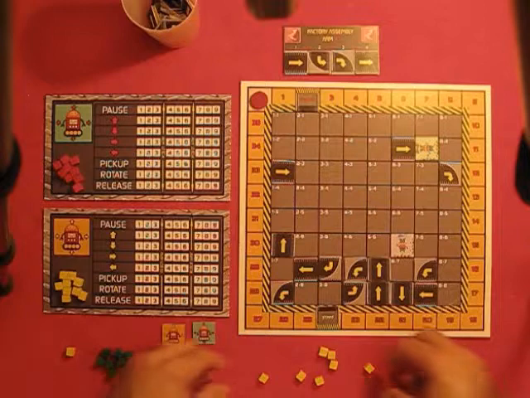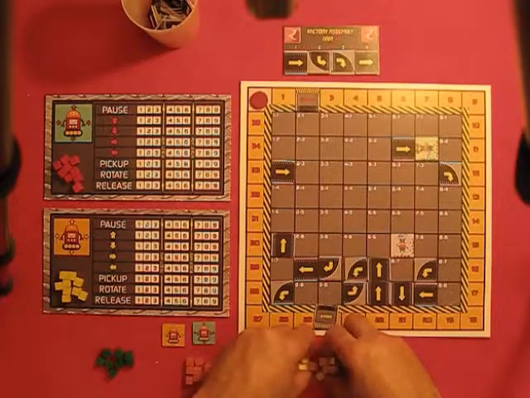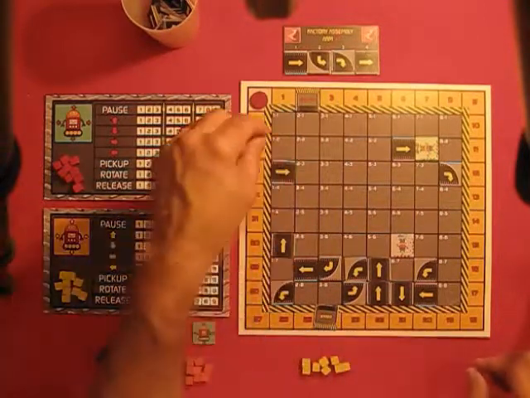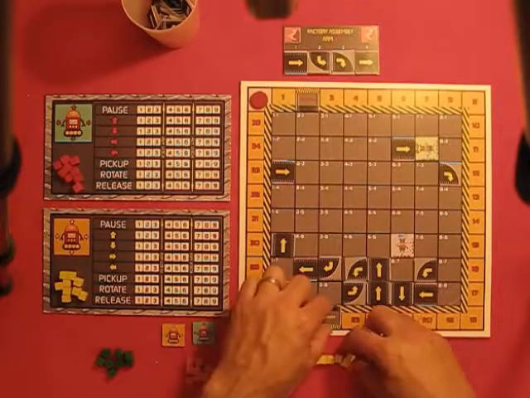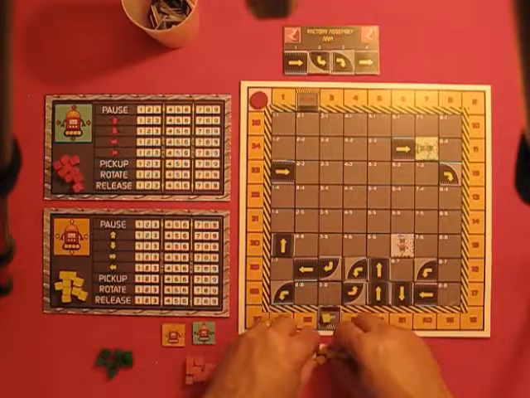So we'll assume that's the setup. You've got your 8 widgets ready to start with. Place your one on the start. Like I said,